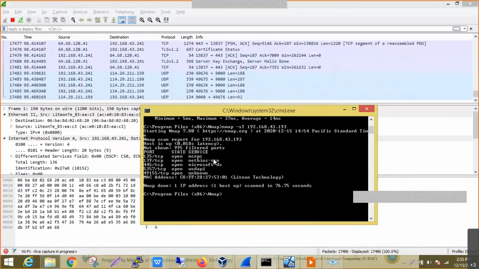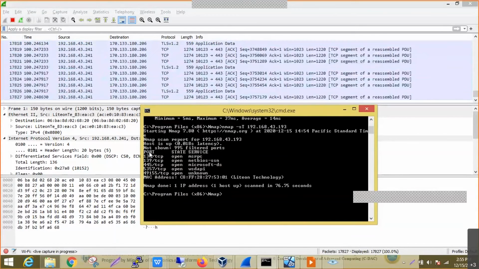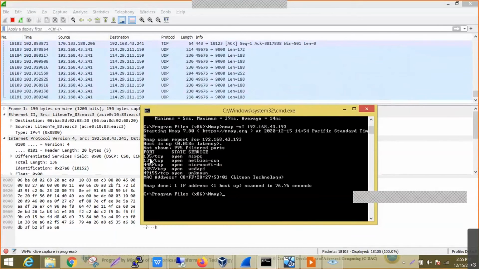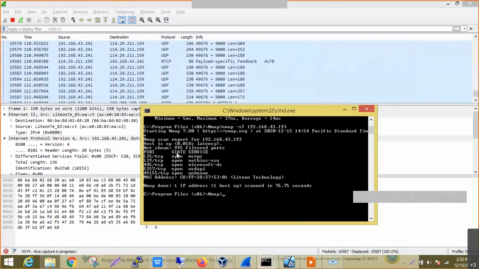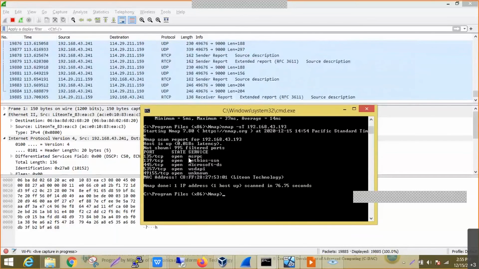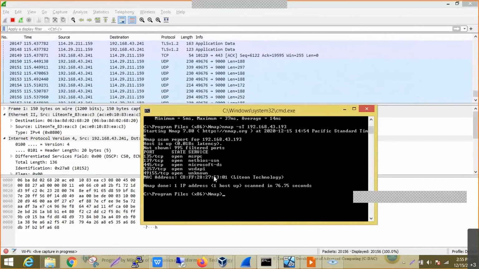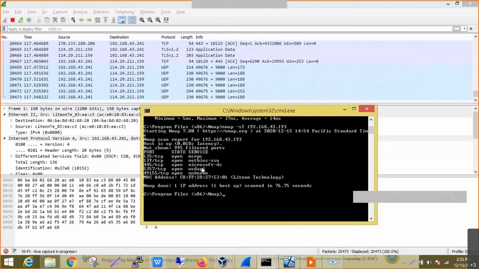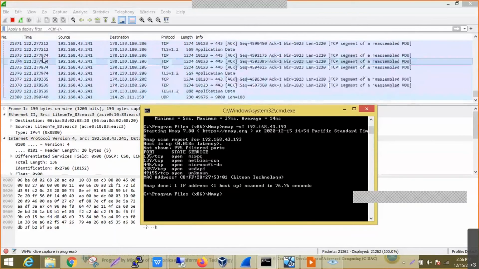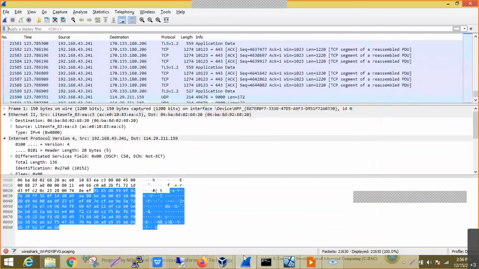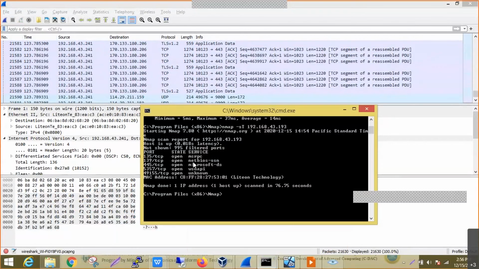Now we can see in this particular system there are certain ports: 135, 139, 445, and there are certain ports 49151, 5357. So for these ports we can see the state as open, and this is the respective service that is running on this particular machine. Okay, like the Microsoft remote process client, or the NetBIOS naming service. So these are some of the ports.